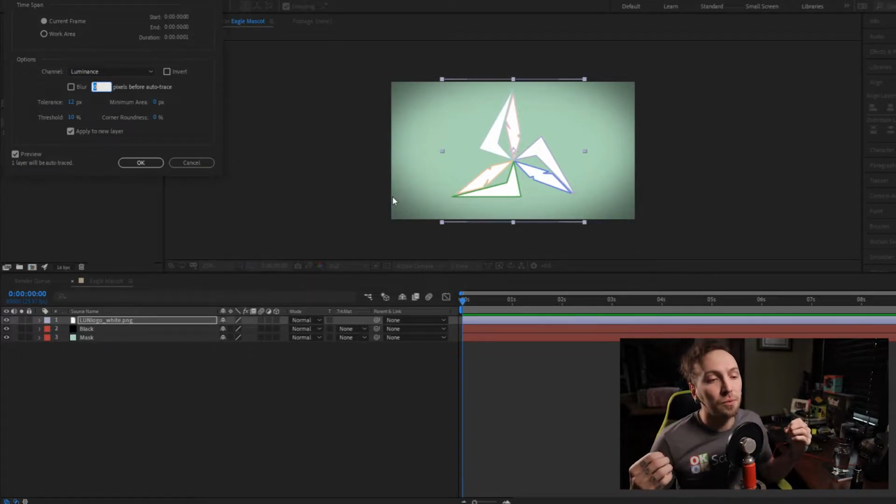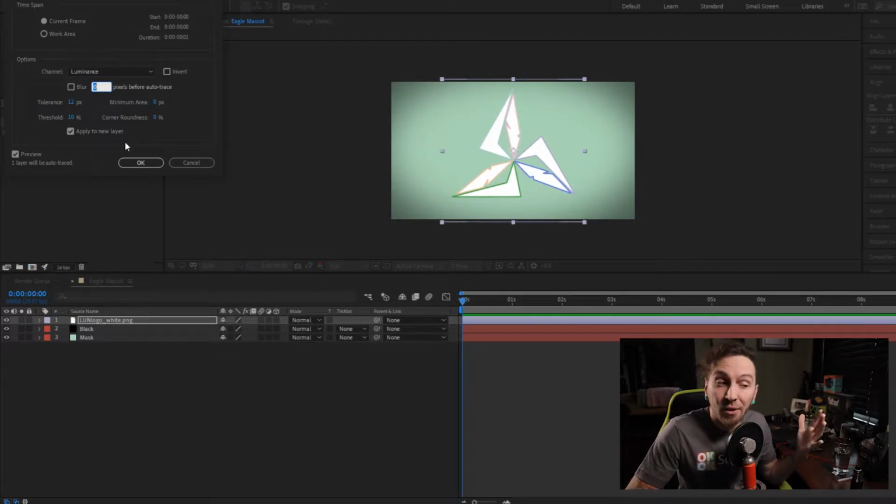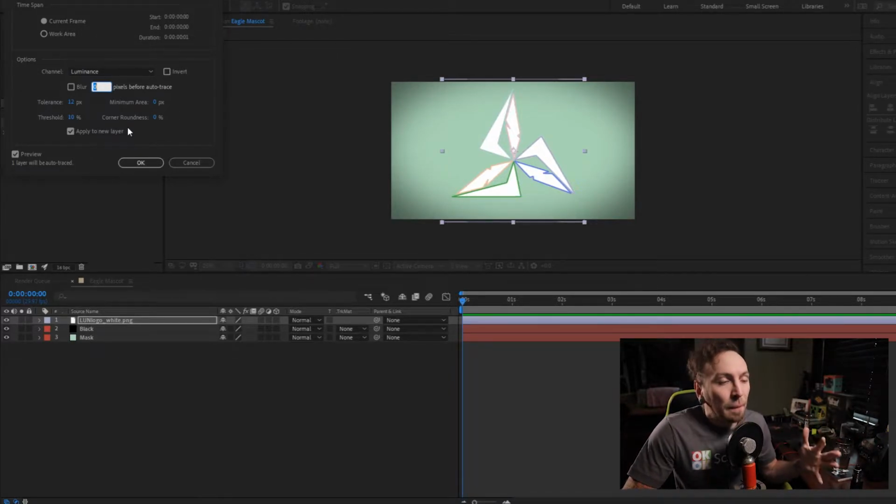So if you don't want to have to deal with vectors and you're working with a PNG or some sort of transparent image, this can save you a great deal of time. Now, while I don't normally use it, I don't normally have to trace PNGs. I'm not saying I've never had to do it, but hey, these things happen. So tracing PNGs, if you have a client that maybe they have a logo that they don't have the Illustrator file for, or the EPS or anything like that, which typically I try and get a hold of if they possibly can. Or I'll even take the time just to recreate the logo,